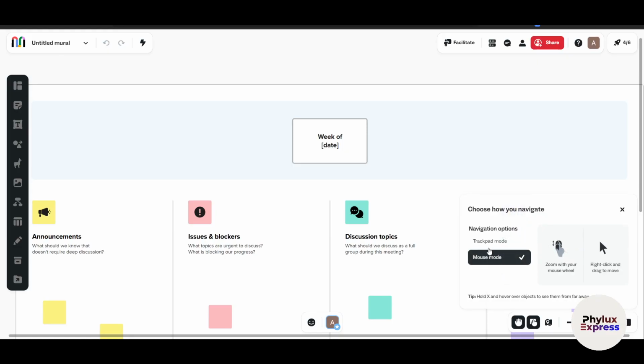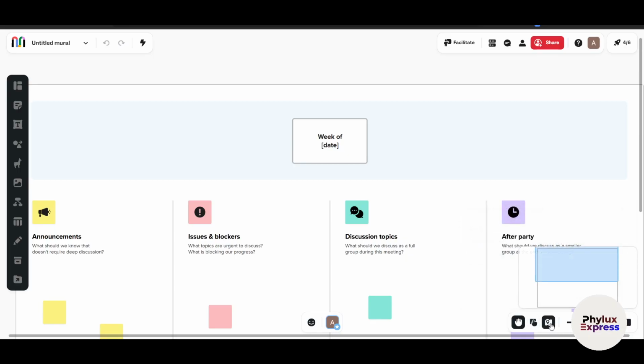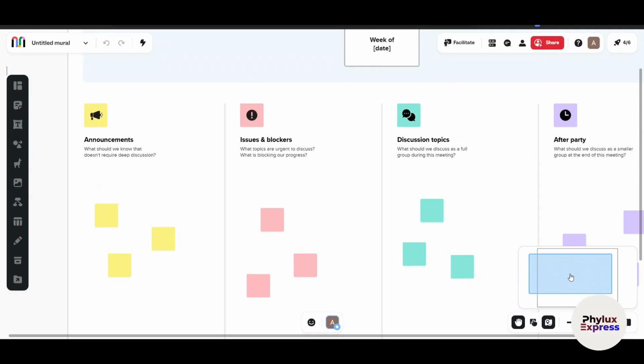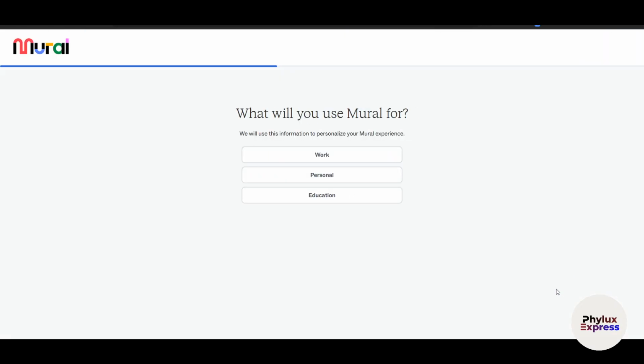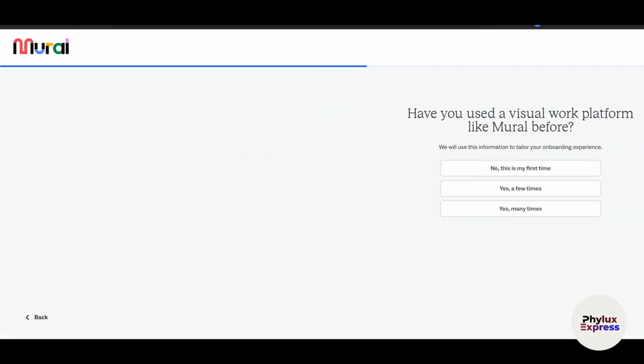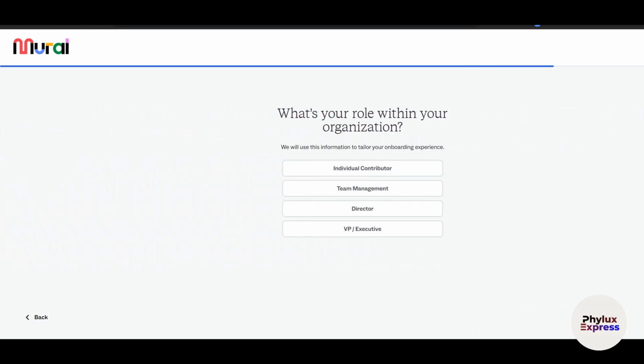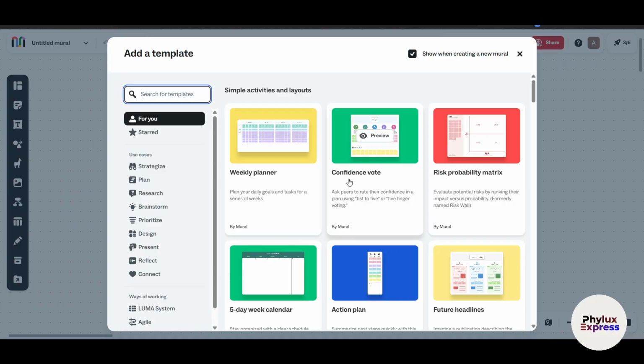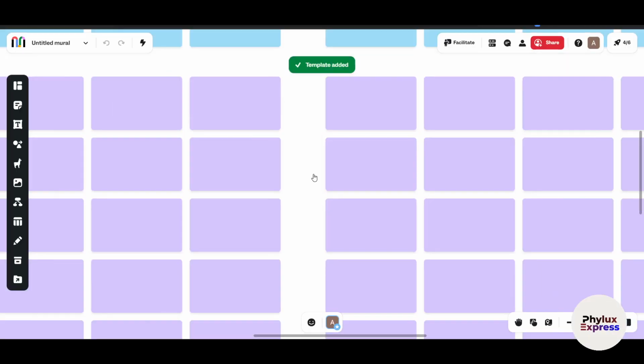So you can just change it. For example, we are using a mouse mode here. Now this is a map, so this will show you in your complete big canvas where you are. So I want to be like this here. Oh, I just somehow by mistake went back here. Let's click on skip, and okay, I just need to, let's say this is a weekly planner, I'll just choose